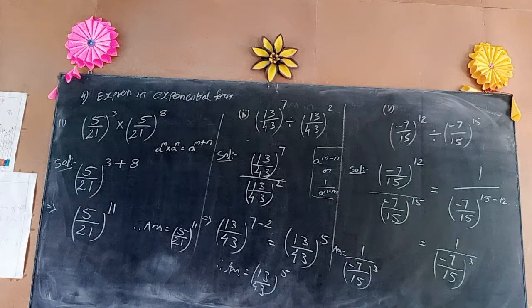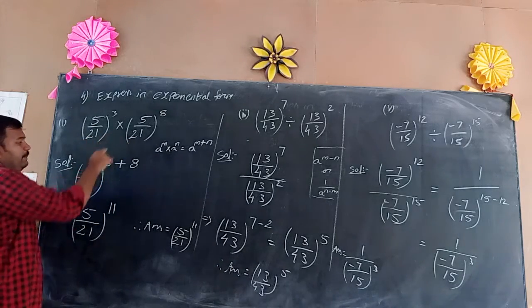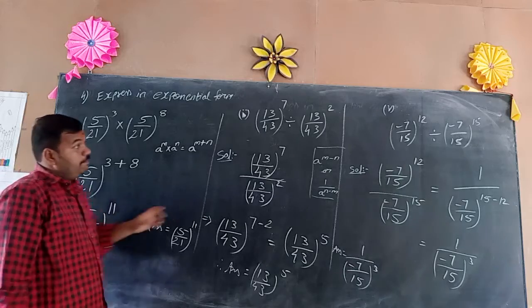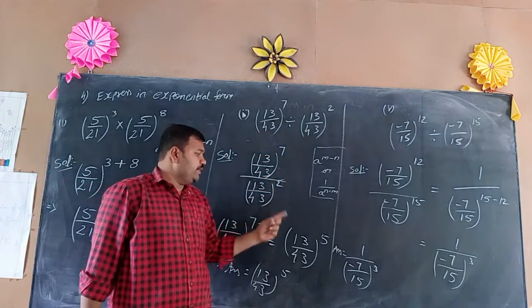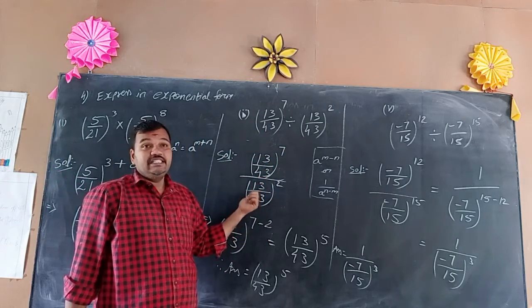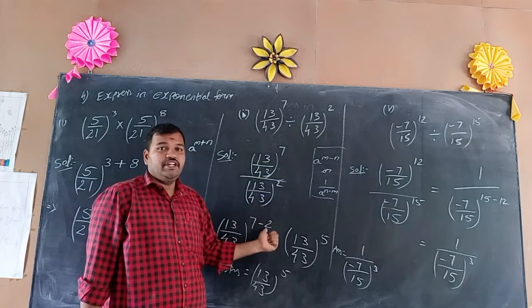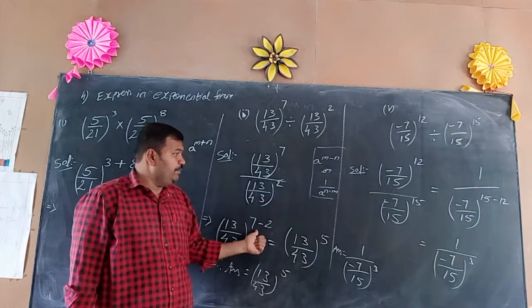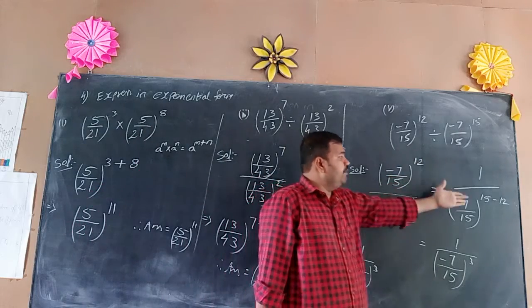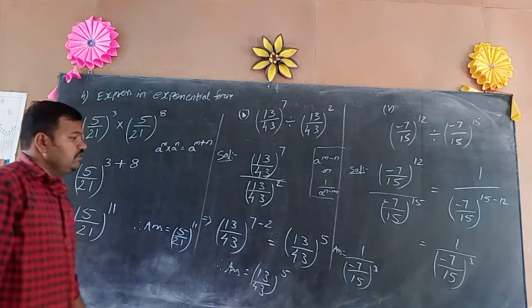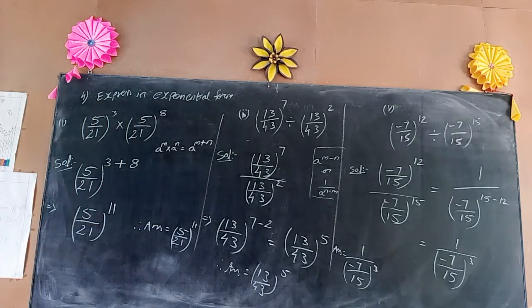Here, see. Bases are same, under multiplication powers we have to add. So the addition of powers is 11. Bases are same, under division powers we have to subtract. That subtraction is of two types. You have to check where the highest power is, whether in the numerator or in the denominator. If it is in the numerator, subtract in the numerator. Like this, if in the denominator, you have to subtract in the denominator. Like this, we have to do this sum. So the answer for this sum is like this. So copy these answers in your CW.